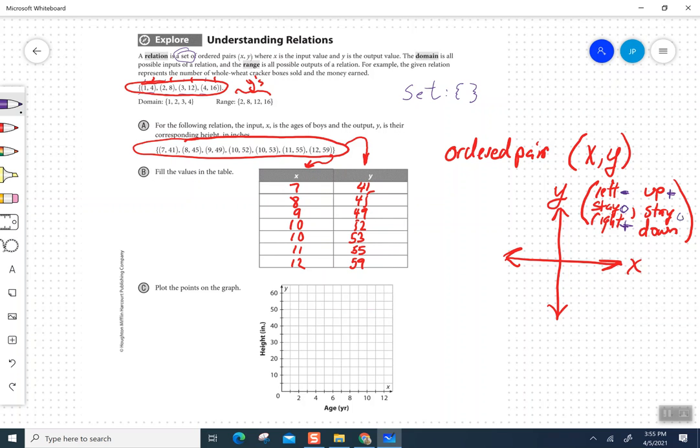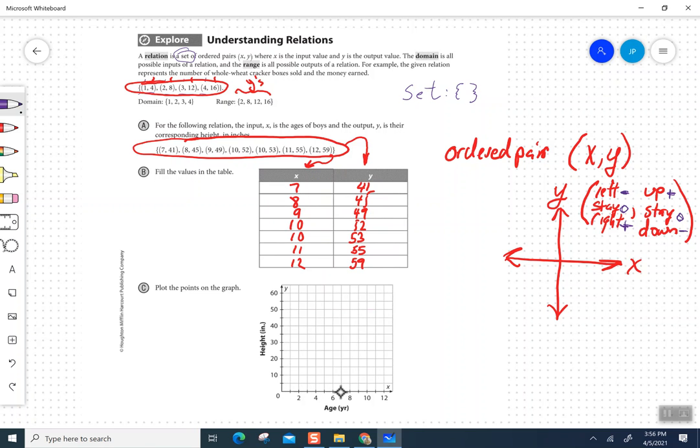If you're staying, the number has to be a 0. And if you're going to go down, it has to be a negative. That's how you move around the x and y axis using ordered pairs. So let's take a look at the first ordered pair. The first ordered pair is 7, 41. So if we go to 7 and we're moving to the right, 1, 2, 3, 4, 5, 6, and 7,